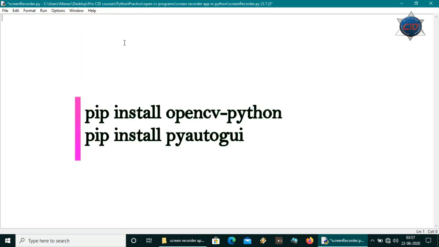If you have not installed PyAutoGUI, you can use the pip command. I hope you have installed OpenCV Python, NumPy and also PyAutoGUI with pip. So let's get started with creating our app.